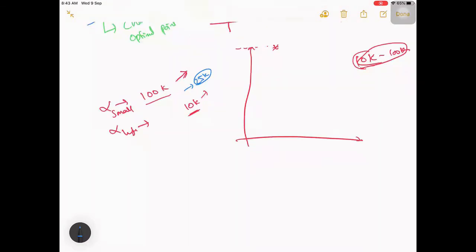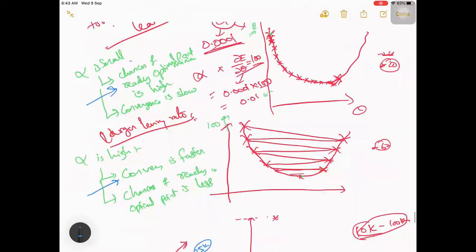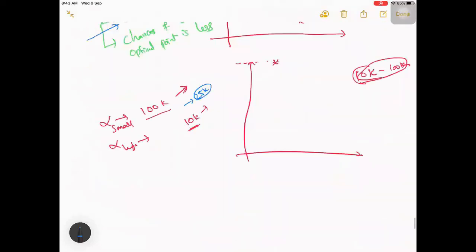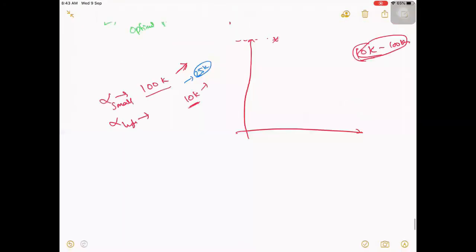Okay, so how are you going to achieve this? Because you want the advantages of both sides, right? So how we are going to do it is, we are going to try a different approach, where there is something called learning rate decay.